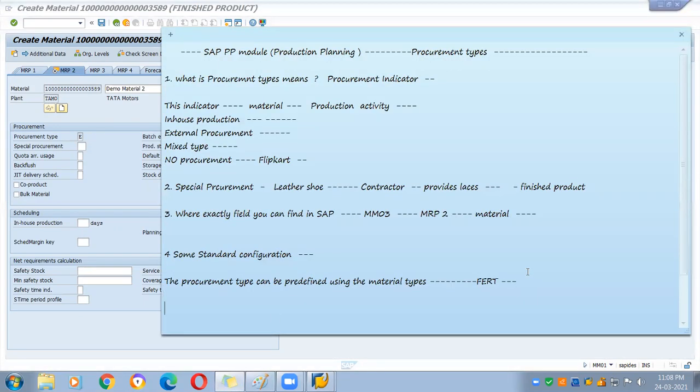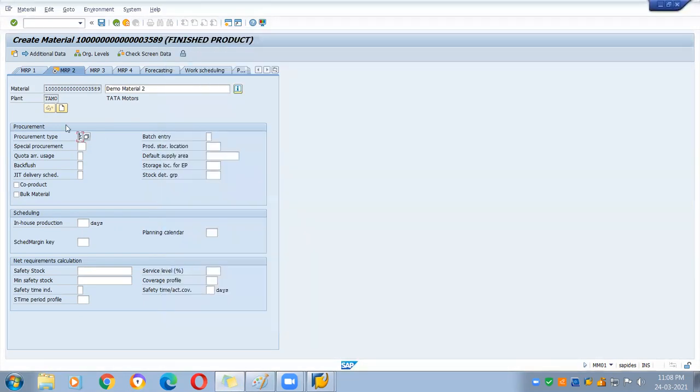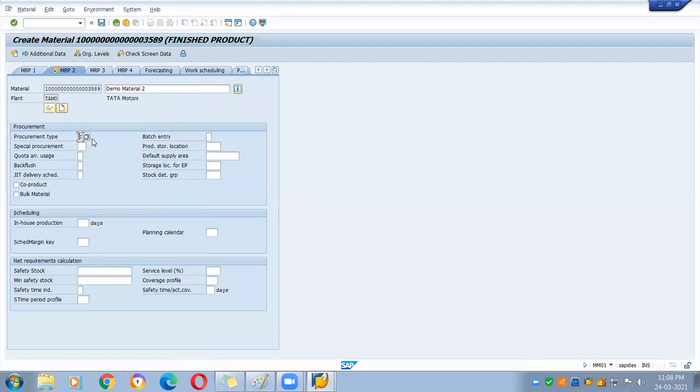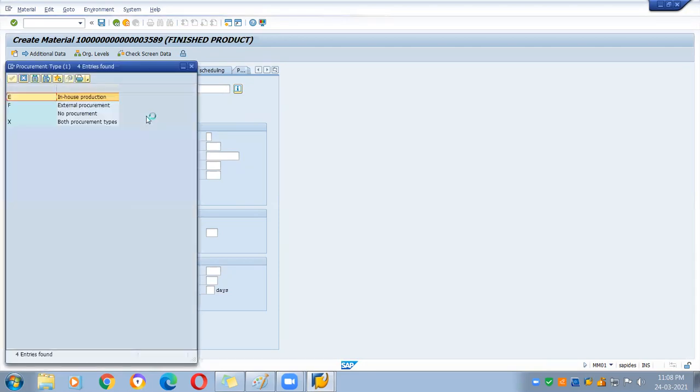Suppose your company, so if you remember earlier, last time when we were creating the material, we had an option to change here, right? It was like other fields, it is not greyed out. It was giving me an option to select any of these four parameters. But now it is just greyed out, showing me that it will always be in-house production.